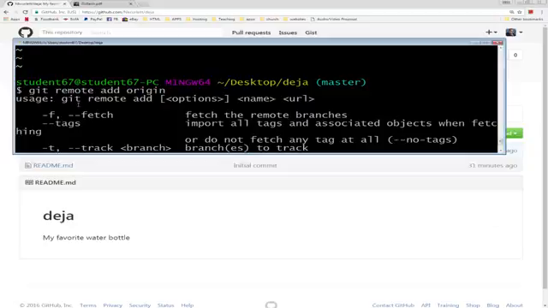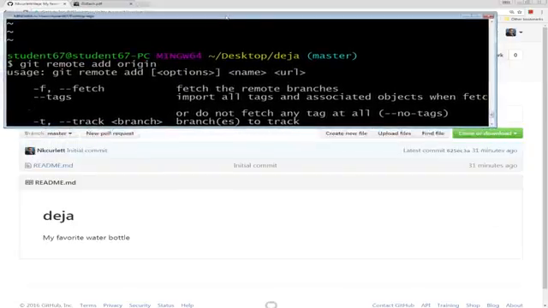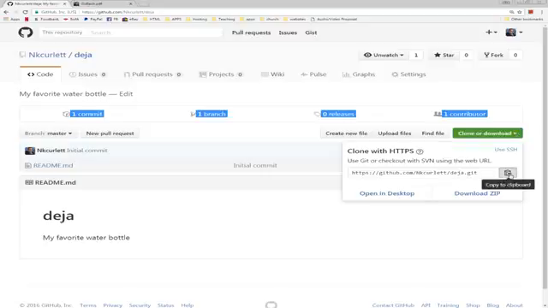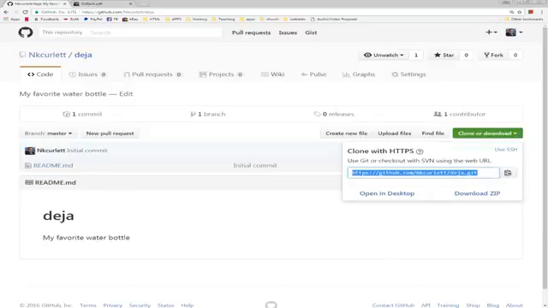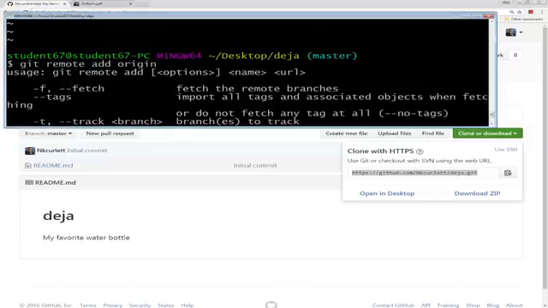See what happened? I did git remote add origin, and I thought I had this code right here. It only lasts so long. So what happened was,